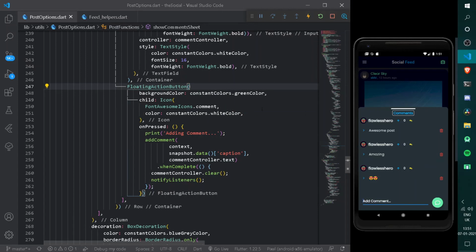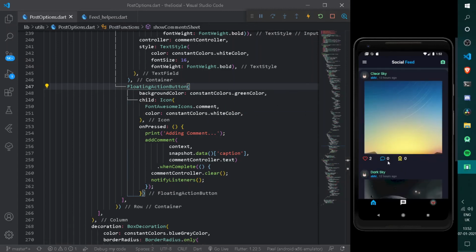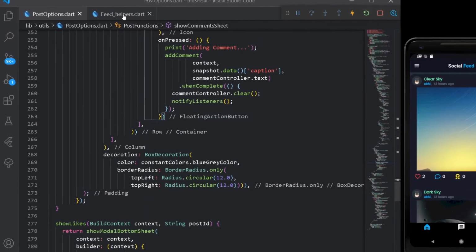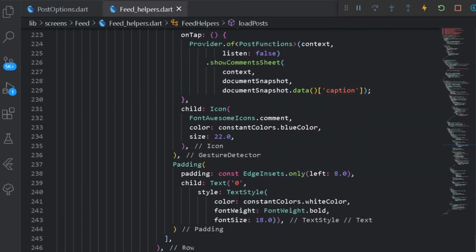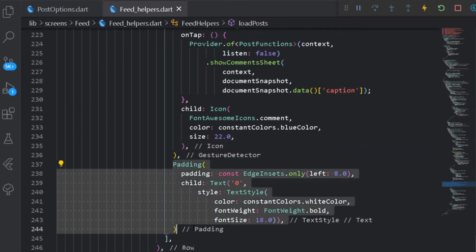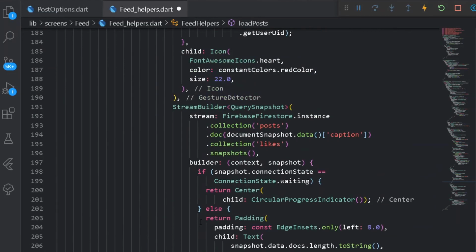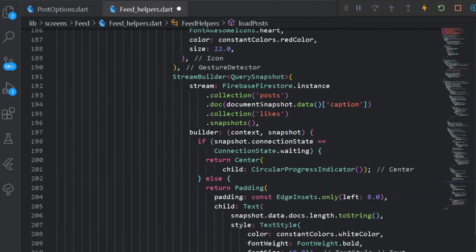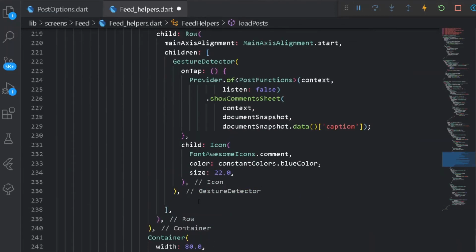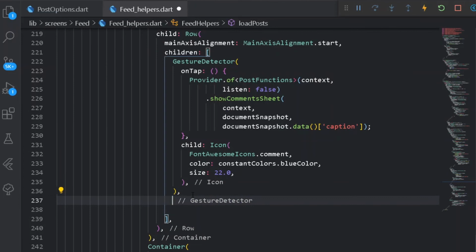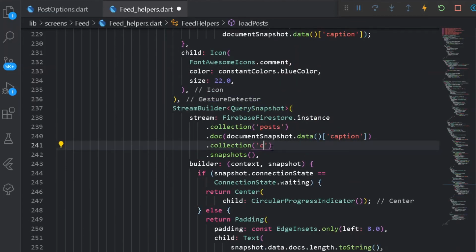So now after having all of the following comments, we are going to show the comment length, that is the number of comments over the post. So for that purpose, we can go under our head field helpers and come down here at the 0th option, and here instead of having the padding, I can simply remove it. Instead of that padding, we can have a similar thing just as we did for our like option. To learn how we did this, you may see the previous video, else simply catch up on that video. So now I shall simply paste it here, easy,